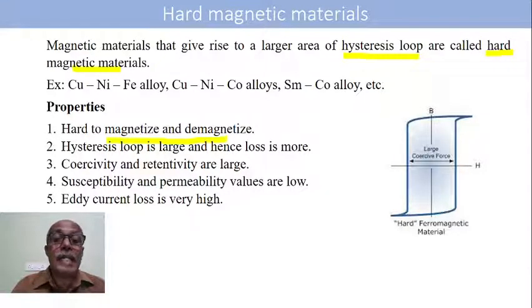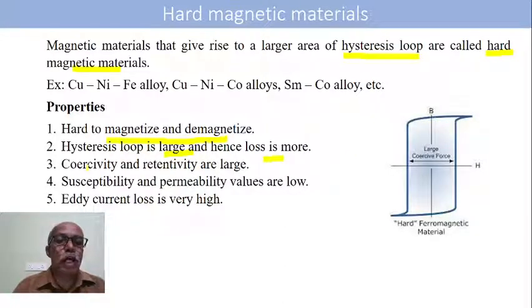is not easy compared to soft magnetic materials. Since soft magnetic materials have very thin hysteresis loop, the movement of domains was easier in soft, but everything is difficult in case of hard magnetic material. The movement of domain walls is not so easy, a little bit difficult. So the magnetization and demagnetization of hard magnetic materials is a little difficult, because of which the hysteresis loop and hence the loss of energy is more in hard magnetic materials.